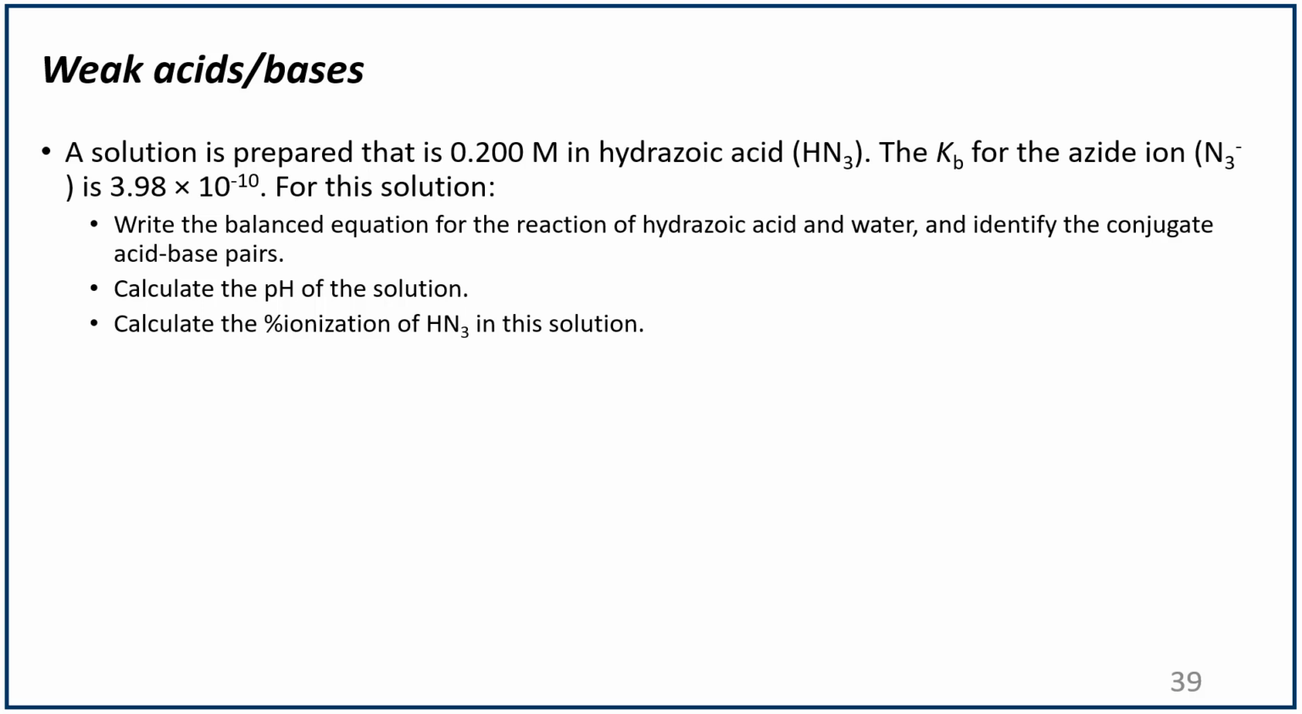First, identifying the conjugate acid-base pairs. To do that, let's write an equation in which hydrazoic acid is in the presence of water. Water there should be the base. So the formula for hydrazoic acid is HN3, aqueous, plus water as a liquid, and it's in equilibrium with H3O+, which will be aqueous as well, plus